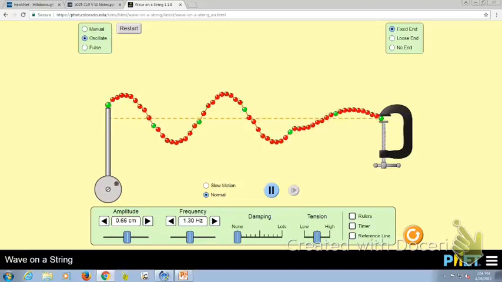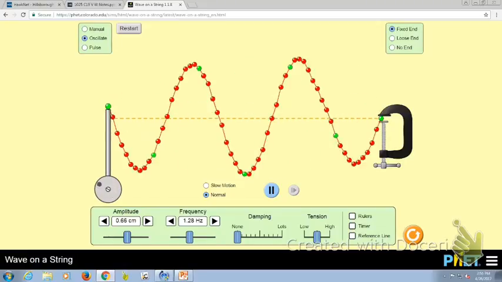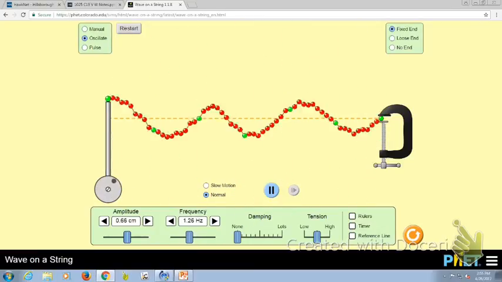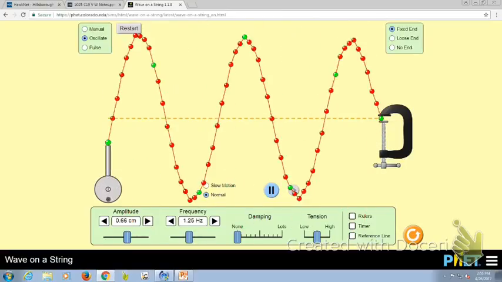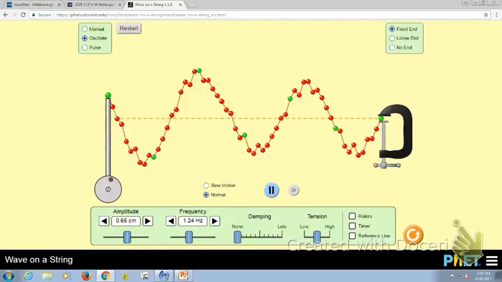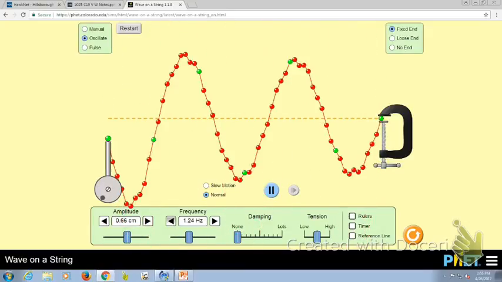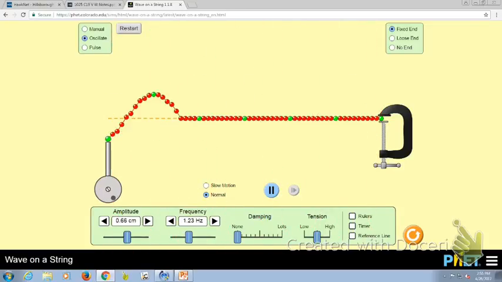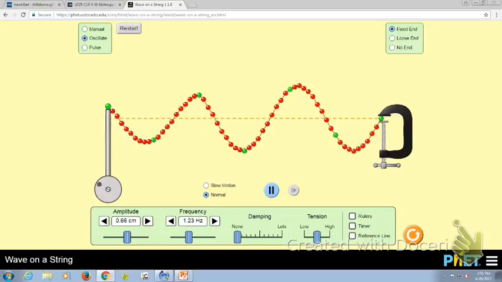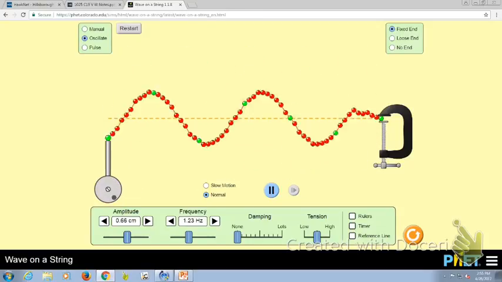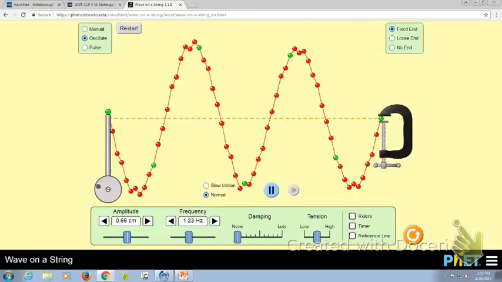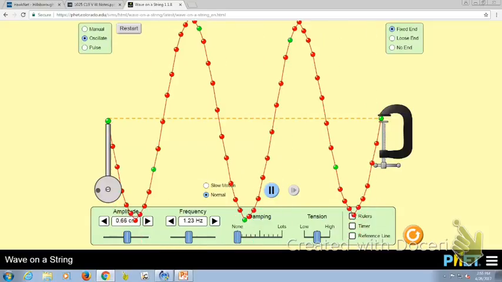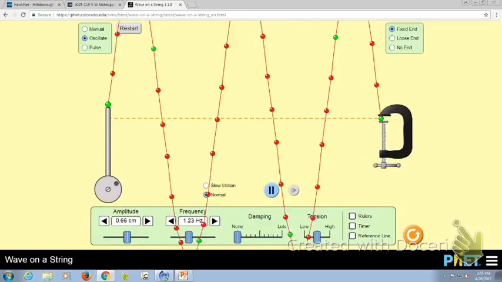And let's see if I can just get one. I should mathematically work it out, but I'm just too lazy. There we go. Can you see how it gets bigger and it just stays put? I'm still not quite there. So let's restart. So it goes, and now when it bounces back, it adds to crests and takes away from troughs. And it just grows and grows and grows, because we're getting constructive interference by reflection.